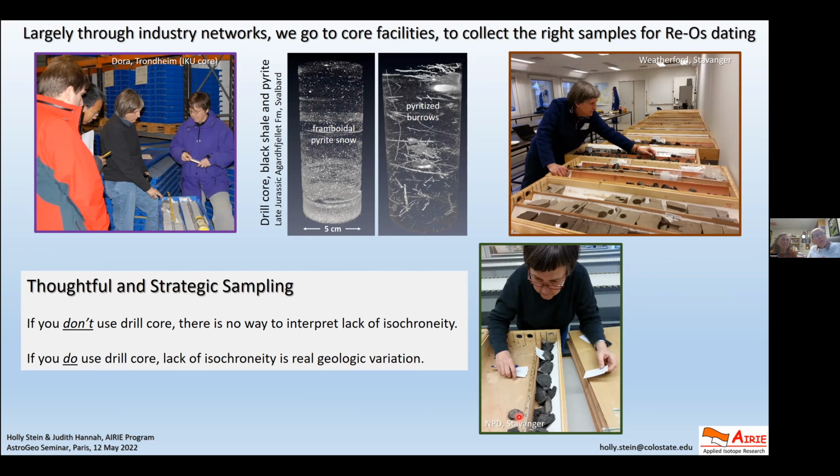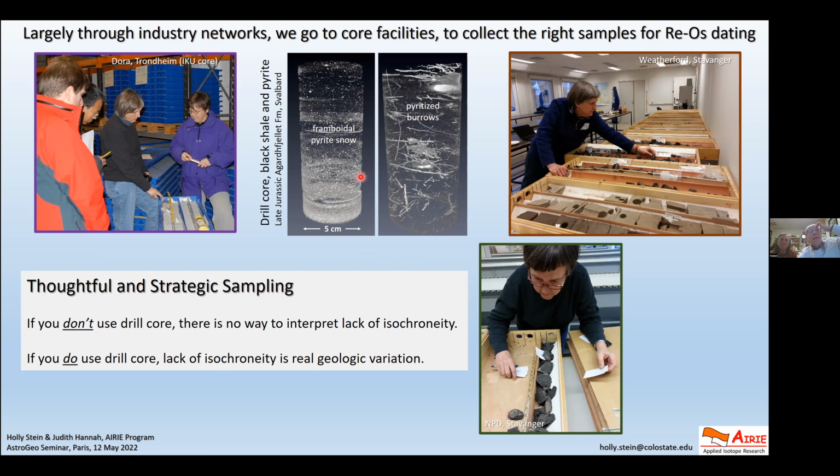But we go to the core facilities with people from industry and we collect the core together. We decide with them, we show them what we're looking for, what I've just described to you. And what does it look like if we have a piece of core? Well, then we take a CAT scan of it. What looks like a black rock here in the section is a reservoir rock with oil, but here are some black pieces of core. Here, Judy's looking at some, but they have some bronze areas where there are pyritized fossils, which are good for dating.